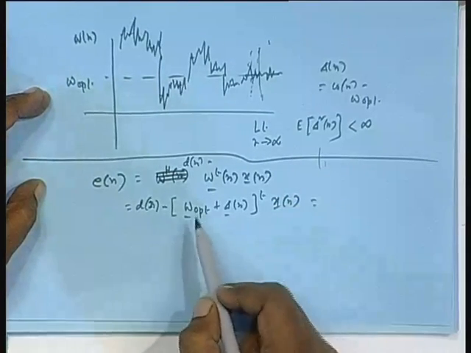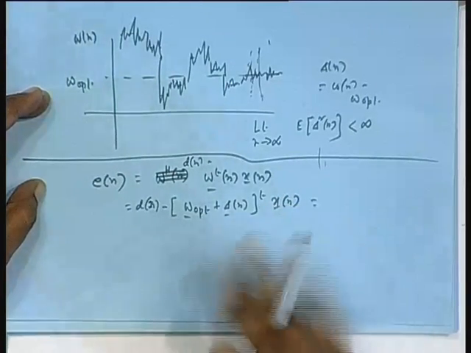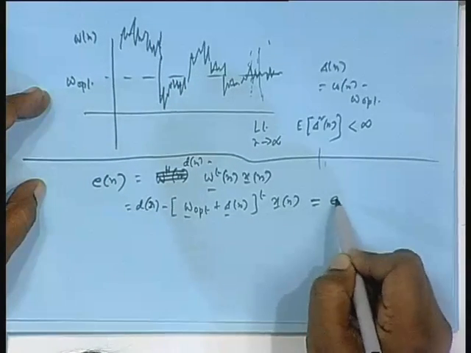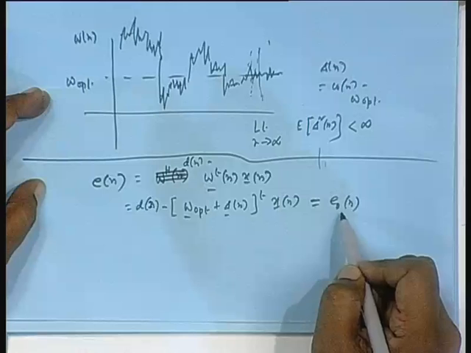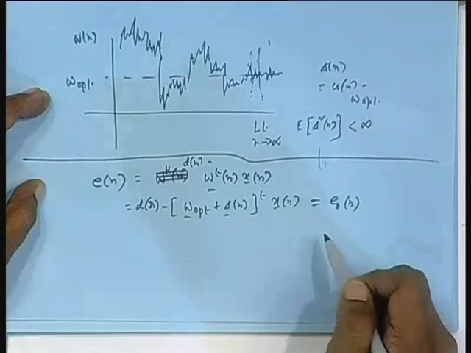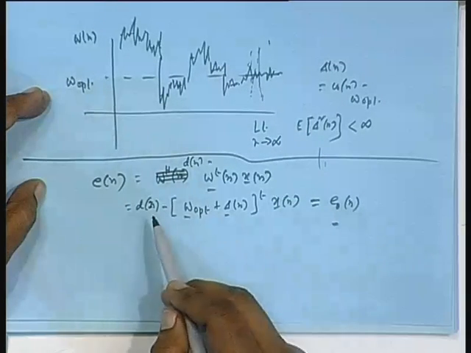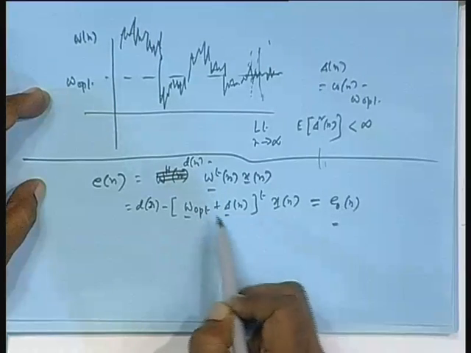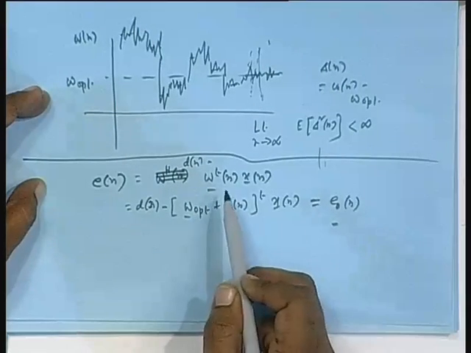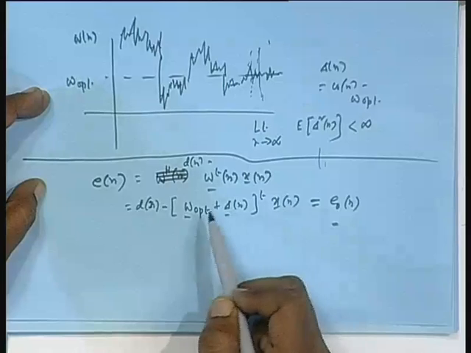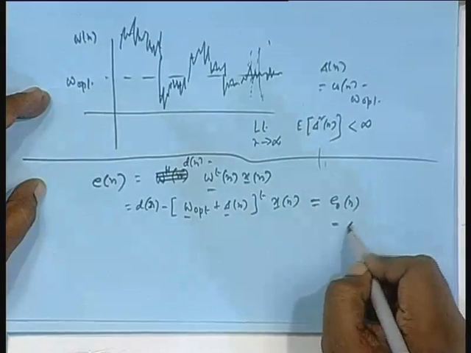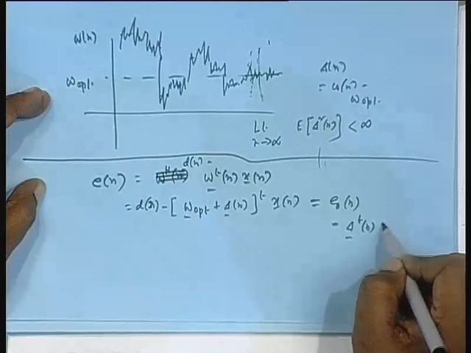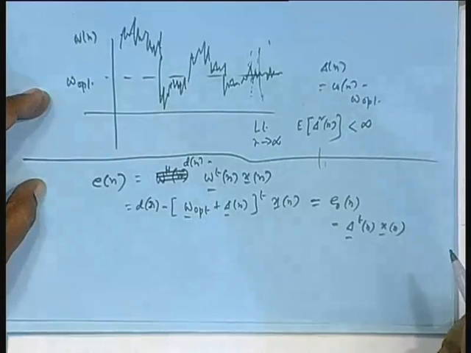How was w_opt obtained? By minimizing the mean square error, which is a quadratic function of the weights. That error I denote as e_o(n), corresponding to the optimal filter, which has the minimum variance. But since w(n) is not w_opt, there is always a deviation delta(n), whose mean only is 0, but which is nowhere actually 0. You will have another component, delta transpose(n) x(n).